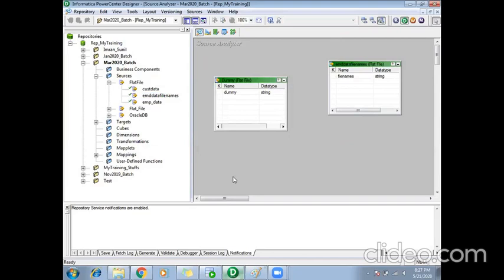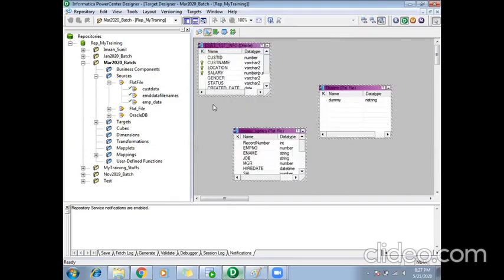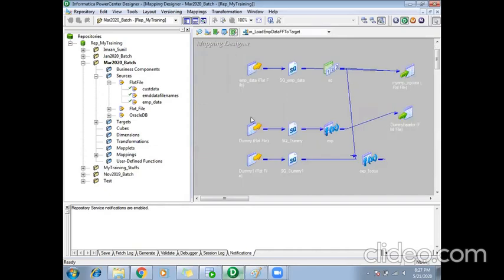So basically to modify or create a new source, we use the source analyzer. Similarly, we have used the target designer to modify or create a new target. And we have seen the mapping designer where we created our mappings to implement our business requirement, where we utilized our sources, targets, and the group of transformations.